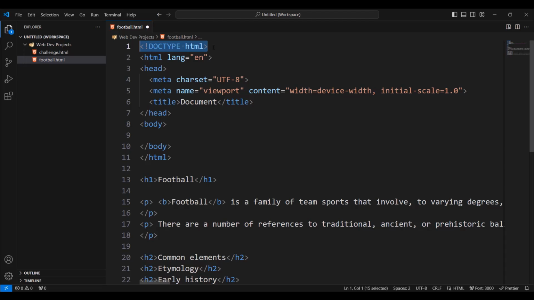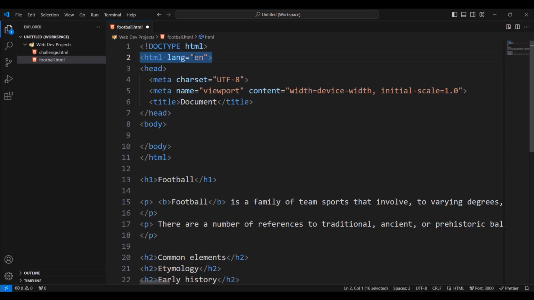I'm gonna cover HTML5 later in the course. This ensures that the web browser renders the page in standard mode, which means that it will follow HTML specifications and not revert to quirks mode, which is used for backward compatibility with older web pages. So this is what this tag does.